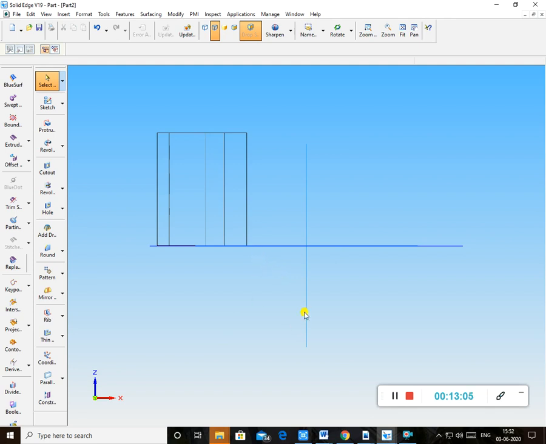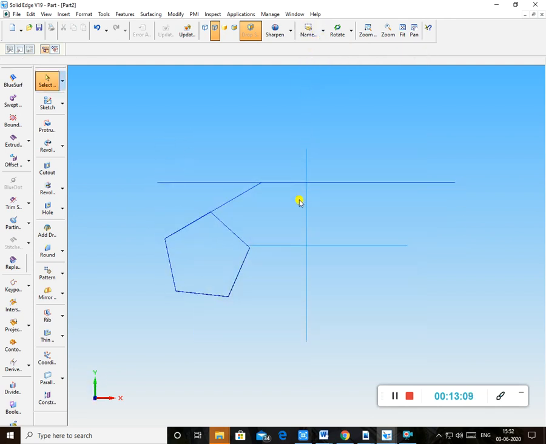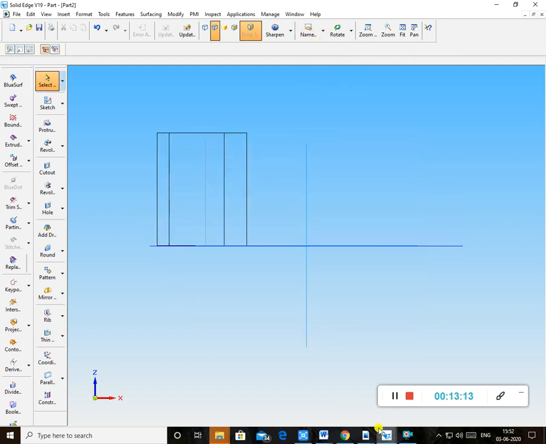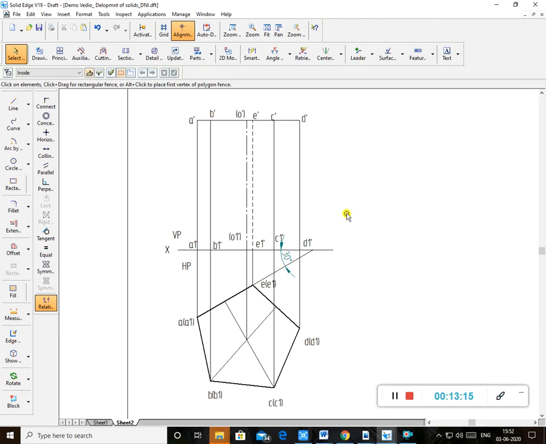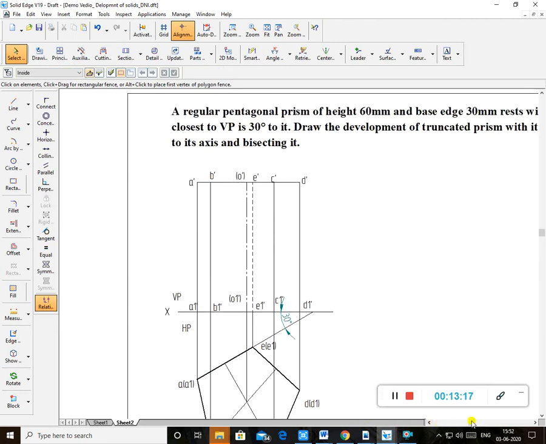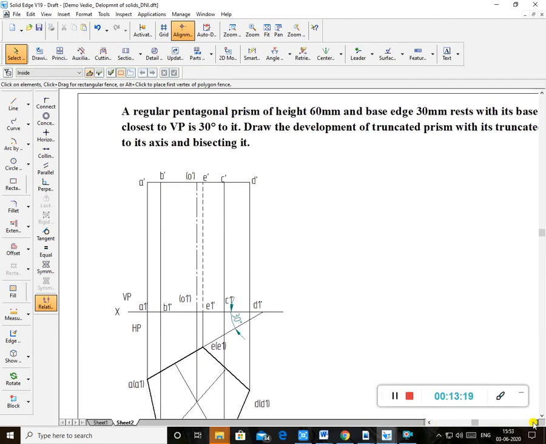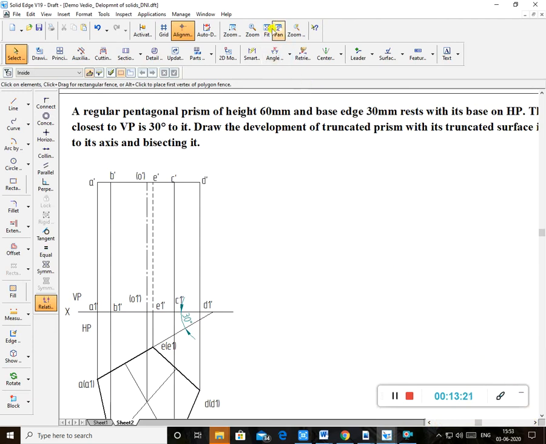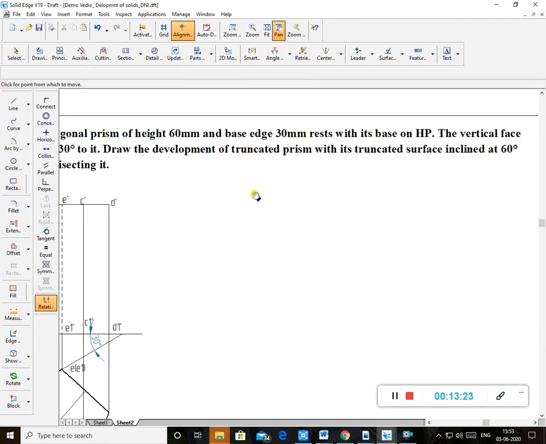Correct? The top view is what here? Same thing here. This is the top view. This is the front view. Now I'll come back to the problem. Now I have to introduce the section line. What does he say in the problem? In the problem he says, the vertical.